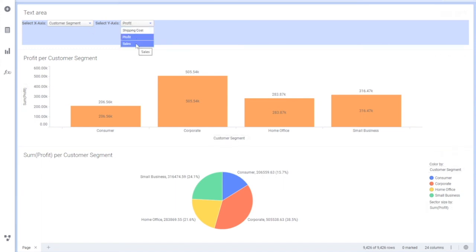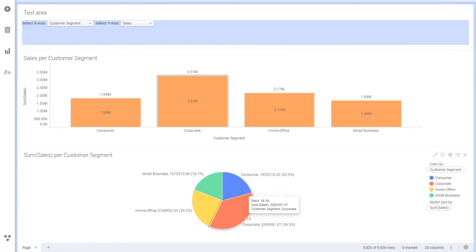I want to see sales contribution. So here, if you see, corporate is getting me the highest sales, which is almost 38%. This is for profit, just for profit. Now let me see which one is giving me the highest sales. Again we can see that corporate is giving us the highest sales. So this is again a way of doing analysis where you can use these property controls in multiple options, multiple places. It's the different scenarios where you can use it.